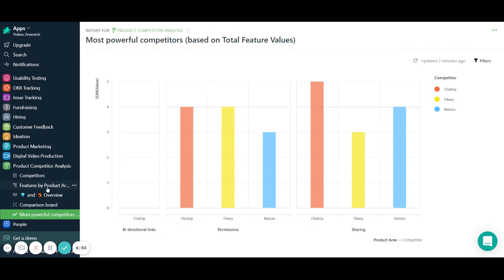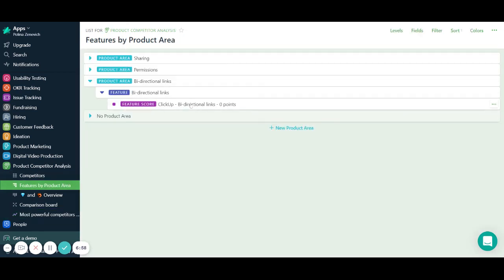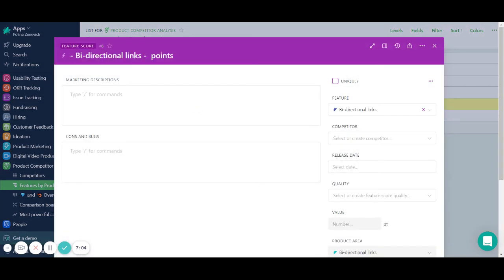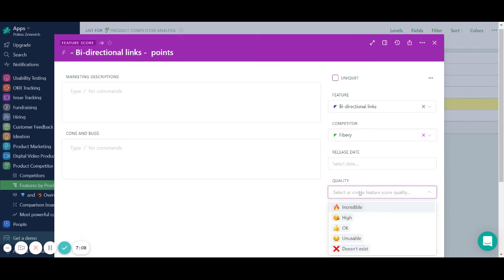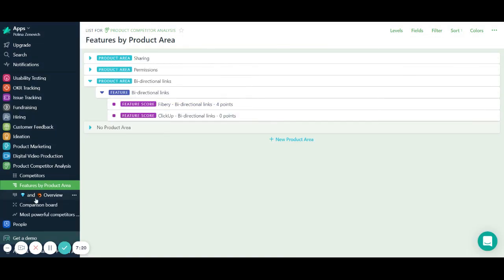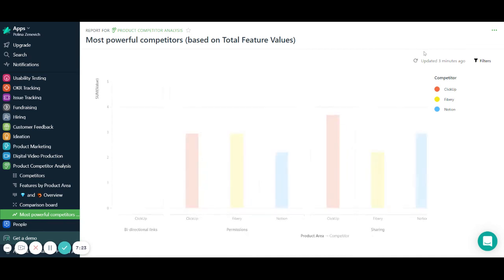So let's maybe add something else. We can add a new feature score, as that is something that Fibery has as well. Okay, that is Fibery, and our quality is pretty high, not incredible for now at least. Okay, and let's say this is a unique one. So you can track all the unique features your competitors have across all the product areas. Okay, now we go back to our